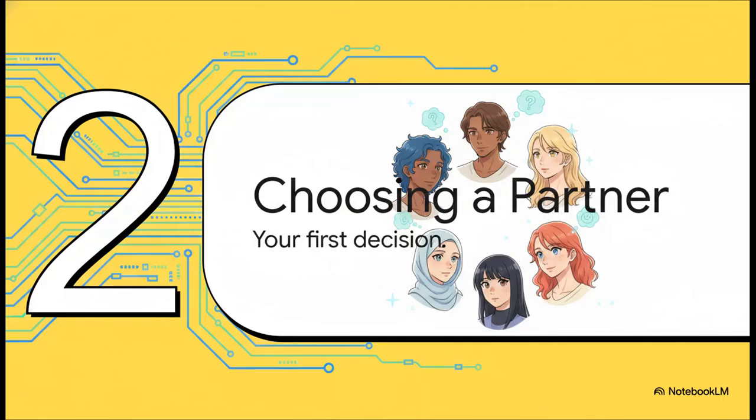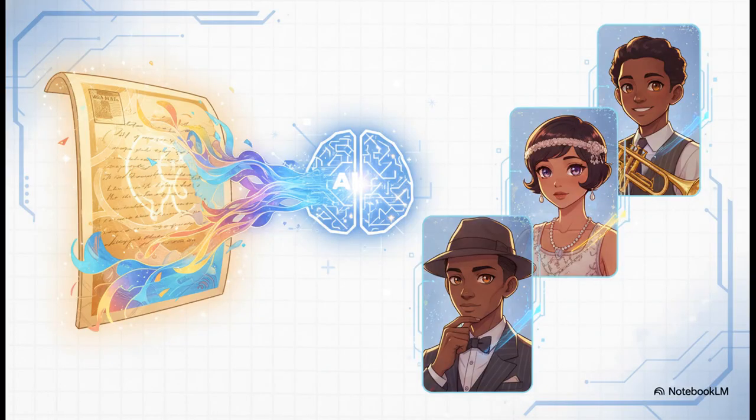All right, you're in. The system is loaded up. The very first decision you got to make is, who do you want to talk to? And this is where the magic really happens. See, you don't just pick from some boring pre-made list. You can feed the system any text. Let's say you upload an article about the Harlem Renaissance. The AI scans it, intelligently picks out the key figures like Langston Hughes or Zora Neale Hurston, and boom, it turns them into people you can actually interview.